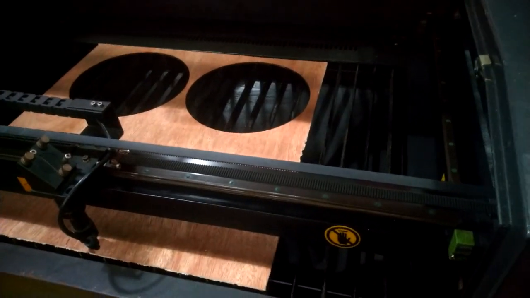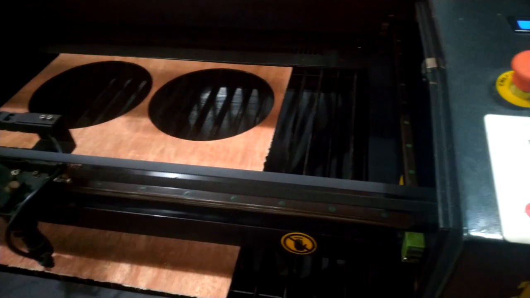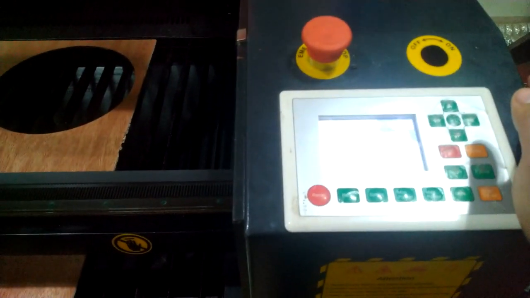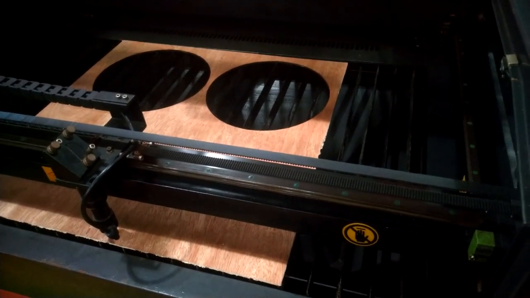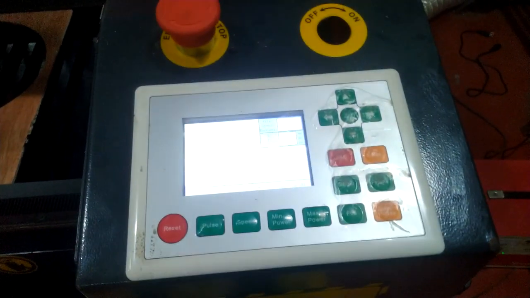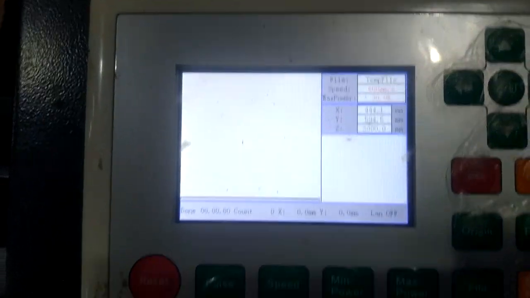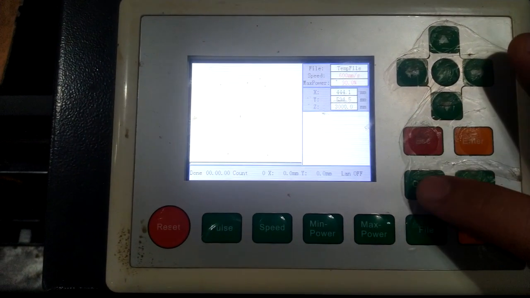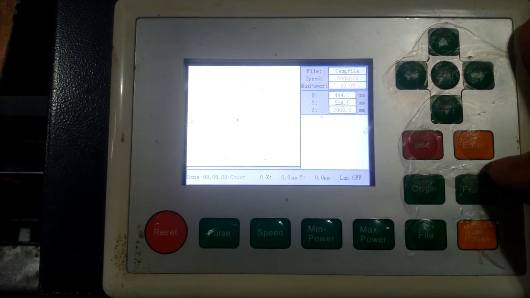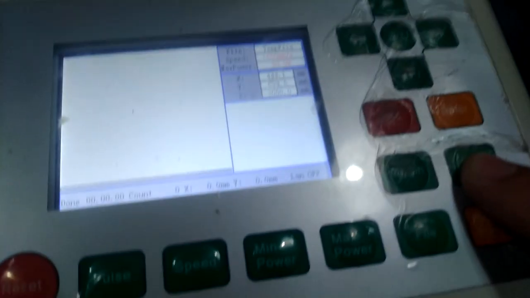Once we've downloaded our file, this is the actual UI of the machine. We could just set the origin, which means this point would become the origin. Then we'll just press frame,